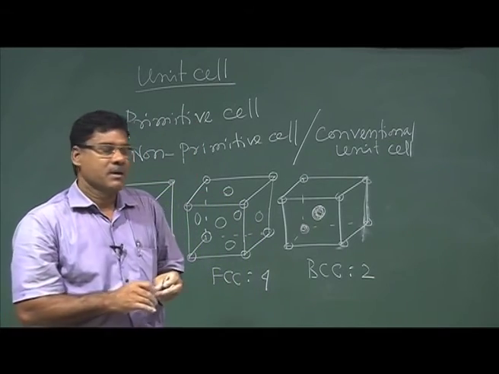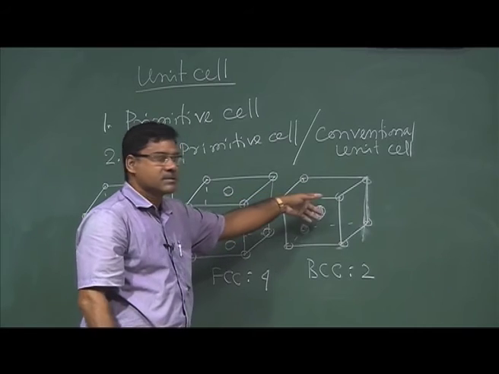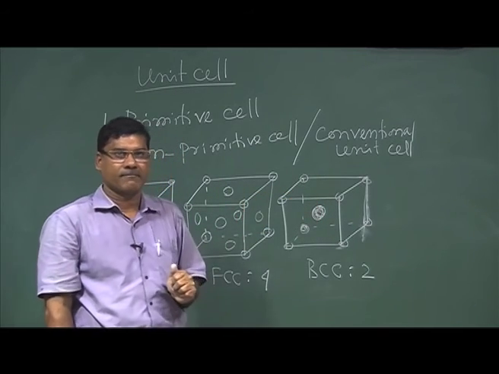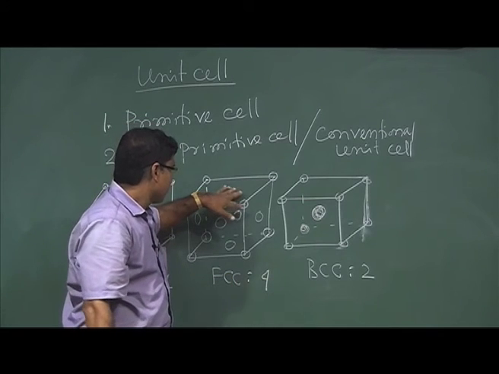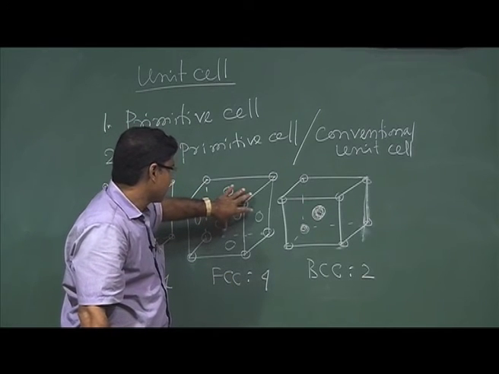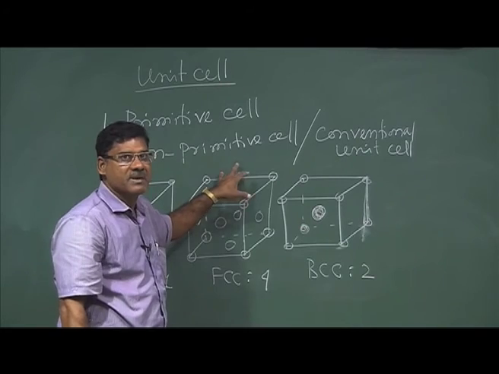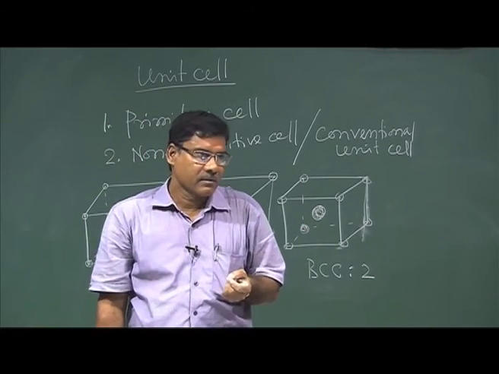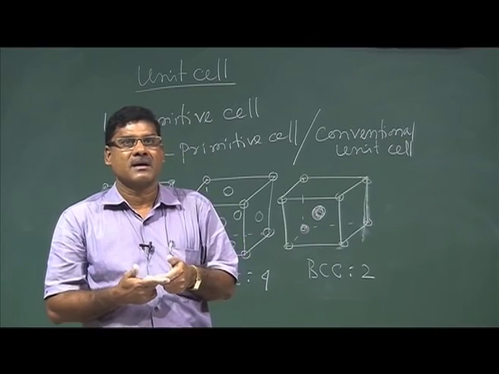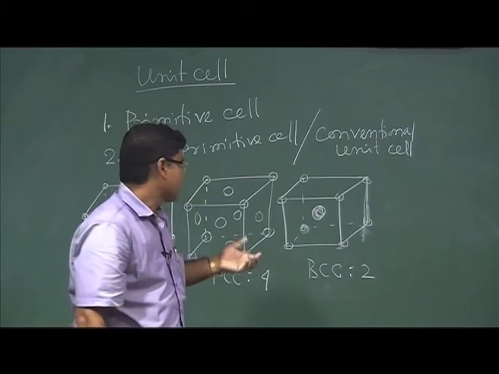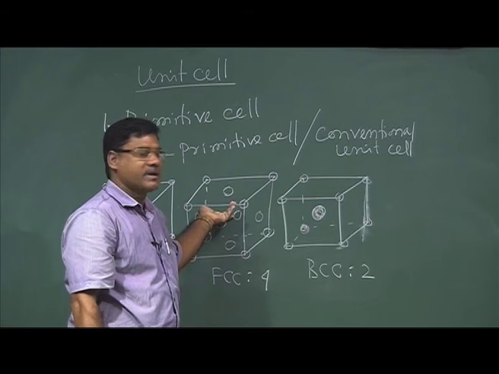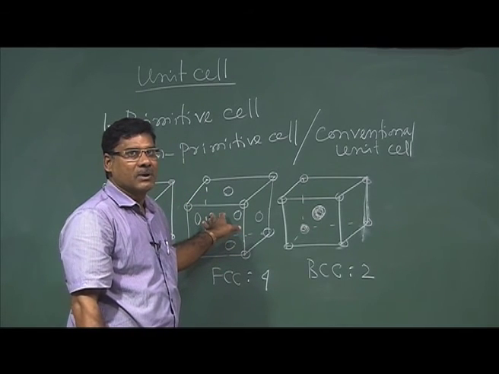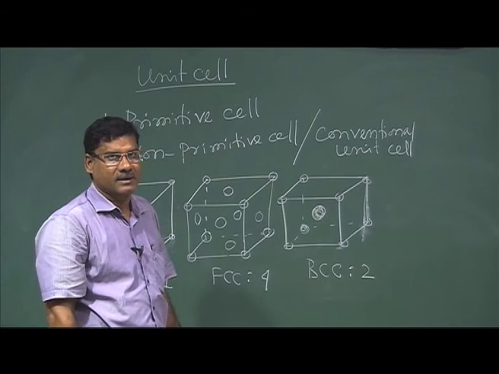But we prefer the Bravais lattice because of symmetry. If you find the primitive cell for this lattice, it will have different angles, axes and lattice constants, quite different from the cubic cell. So you will lose the symmetry of the crystal,